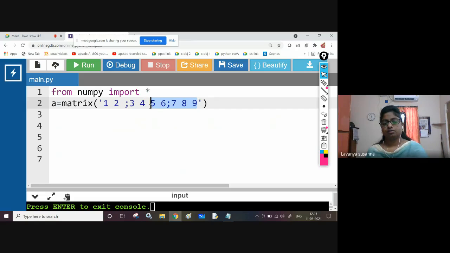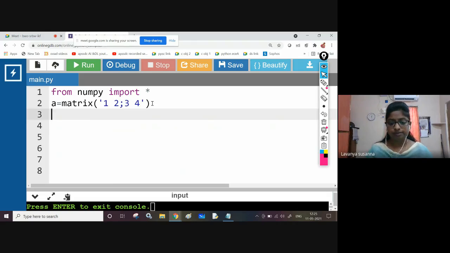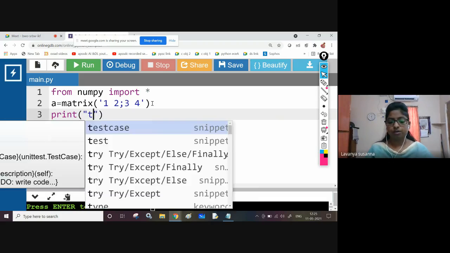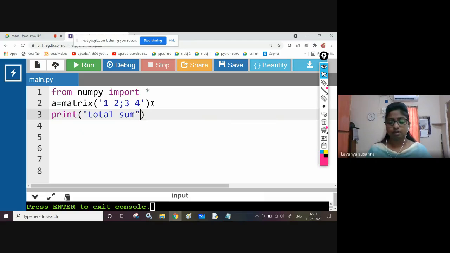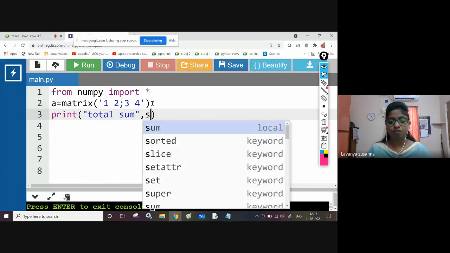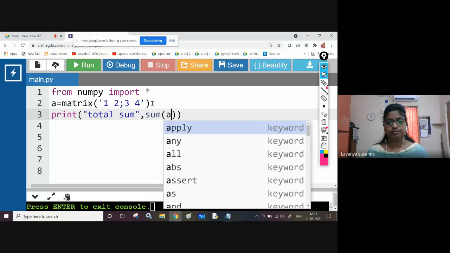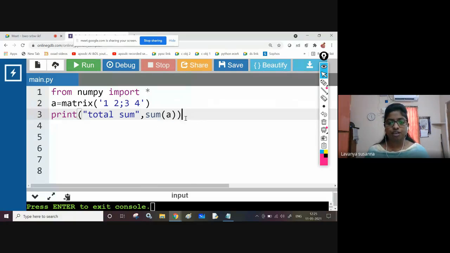I'm providing 1, 2, 3, 4. Then print total sum, comma, I am giving sum of A. So sum of A will be printed.